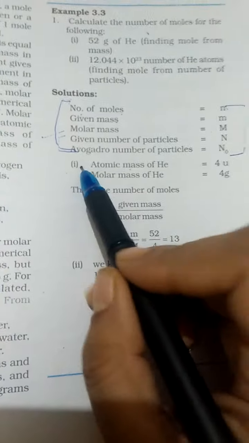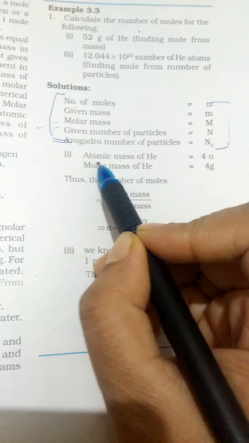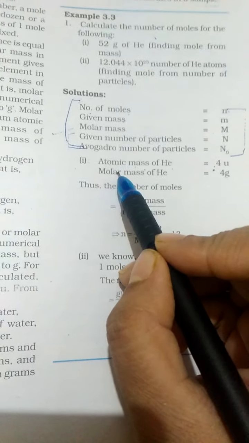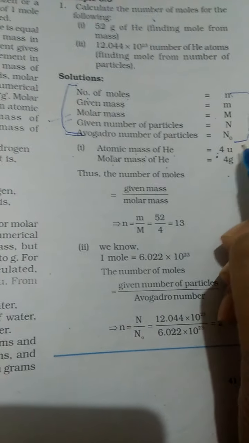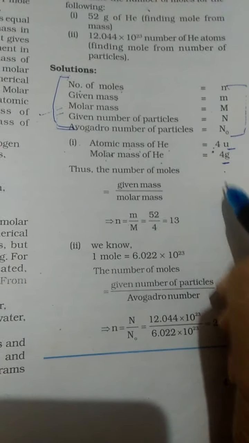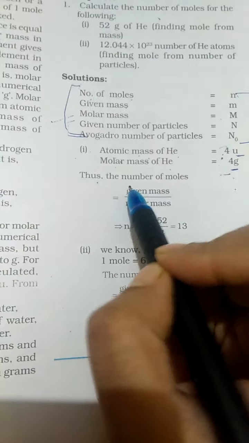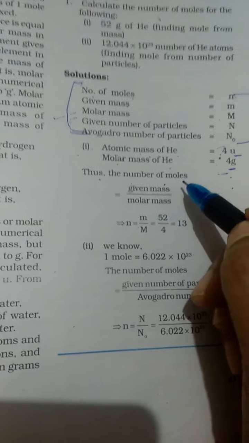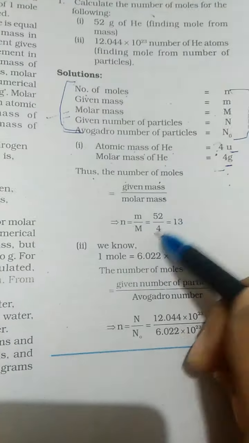We should know, it is compulsory to know the atomic masses. Without that we will be not able to solve it. So atomic mass of helium is 4 u. When it turns into a gram atomic mass, that is a molar mass of helium, it becomes 4 gram. Now remember, there will be only change in the unit, otherwise the number value will be same. Now the number of moles. So again I will tell you, for solving any type of numericals, we should first write down what are the things given and then formula and then solve it.